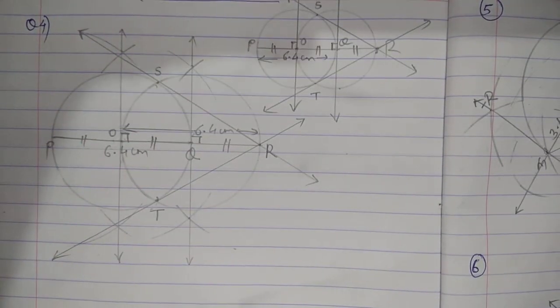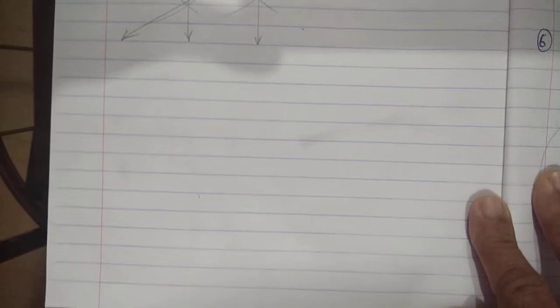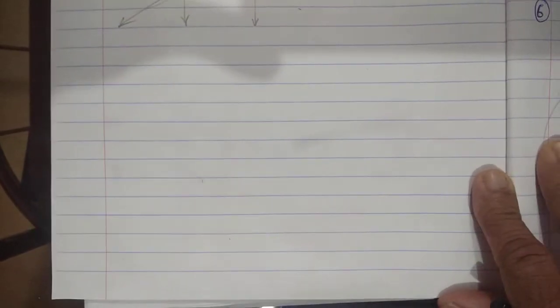Okay, now question number 5. See the question, how it is given. You have done this sum again, but the way they ask the question is a little different. Okay, so see the question. What is given in question number 5? Draw a circle with center P, then draw an arc of 100 degree measure.